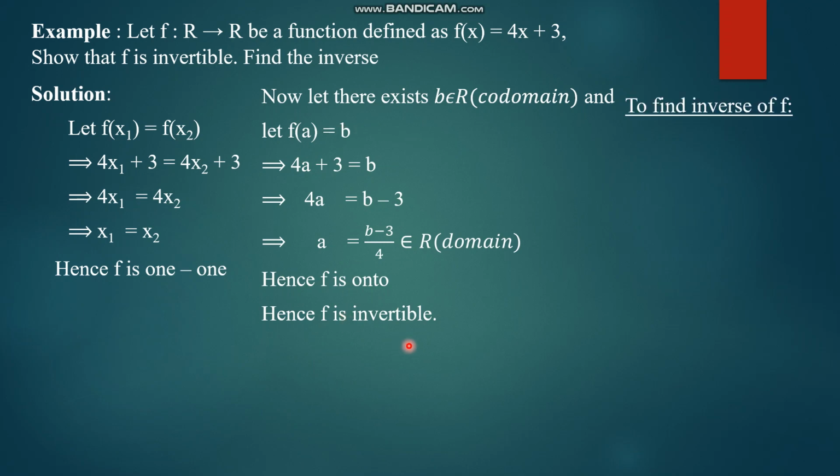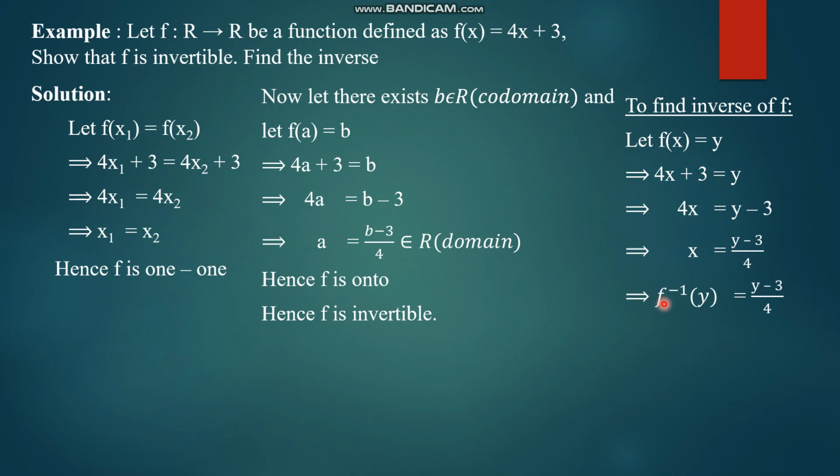Now there's one more thing, we have to find the inverse. Finding the inverse is an easy thing. What we do is we will take f of x as equal to y. We know the value of f of x, which is 4x plus 3. We will substitute. So 4x plus 3 is equal to y. So 3 will go to the right side. 4x is y minus 3, and x will be (y minus 3) by 4. And we should know that x is nothing but f inverse of y. So f inverse of y is (y minus 3) by 4. And if you want f inverse of x, it's very simple. Just replace y by x. We will get f inverse of x as (x minus 3) by 4. So this will be the complete answer for this question.